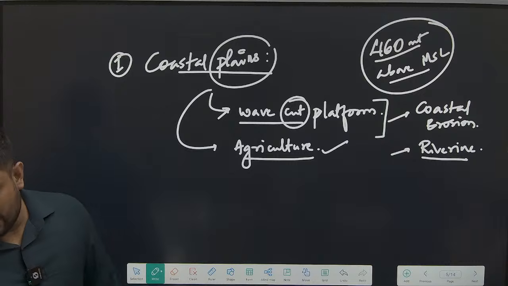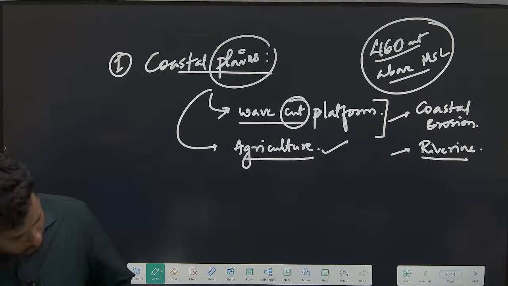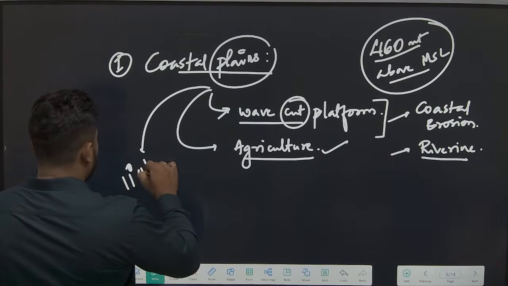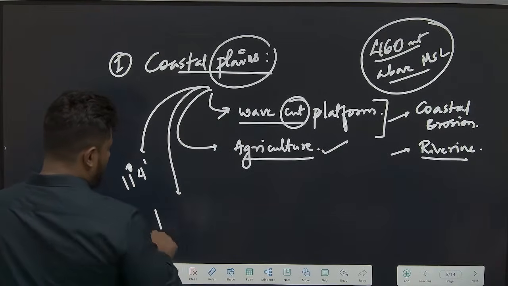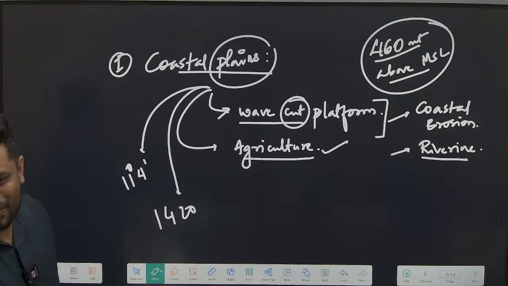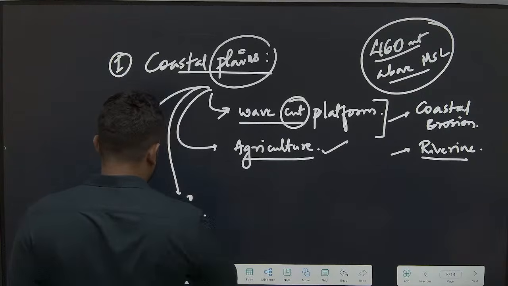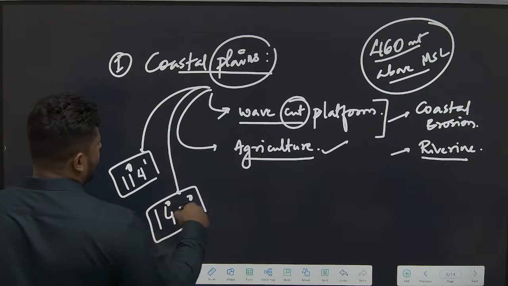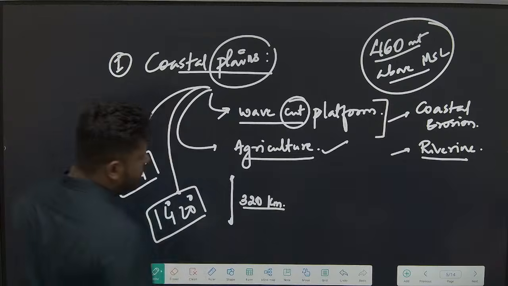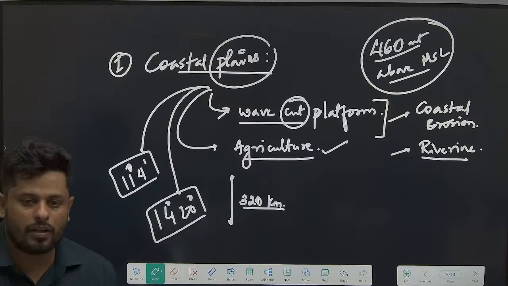So latitudinal extent, you know, don't you have an atlas, please? How much? What is that, madam? I have told you this in the class. 11 degrees 4 minutes to 420. 420 would be a number that you will repeat very often. I mean, so many places alli barutte, correct alva, right? Within the recent classes also I told you something about this. So this is the latitudinal extension, north-south extension, and the horizontal distance, the width of the plains, would be 320 meters.